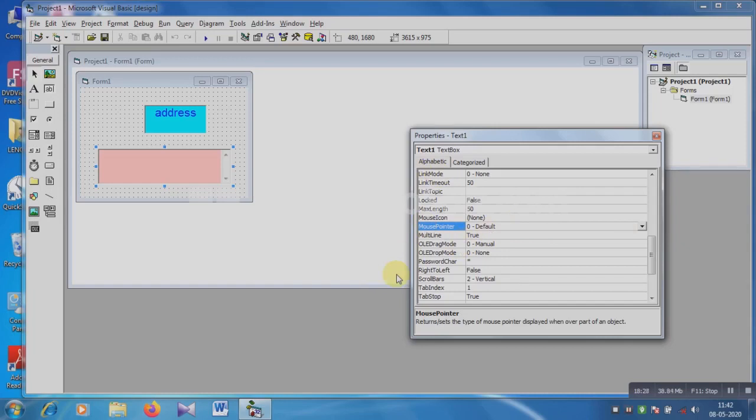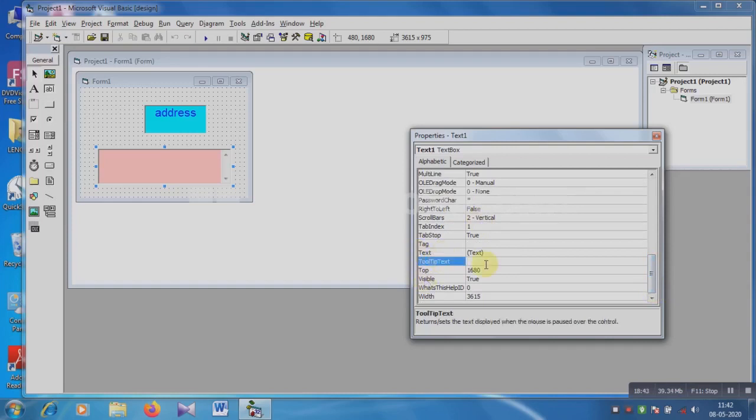Then tooltip text. Tooltip text means when you place the mouse on the text box, the alternative text appears on the screen. This is the tooltip text, you can choose here.